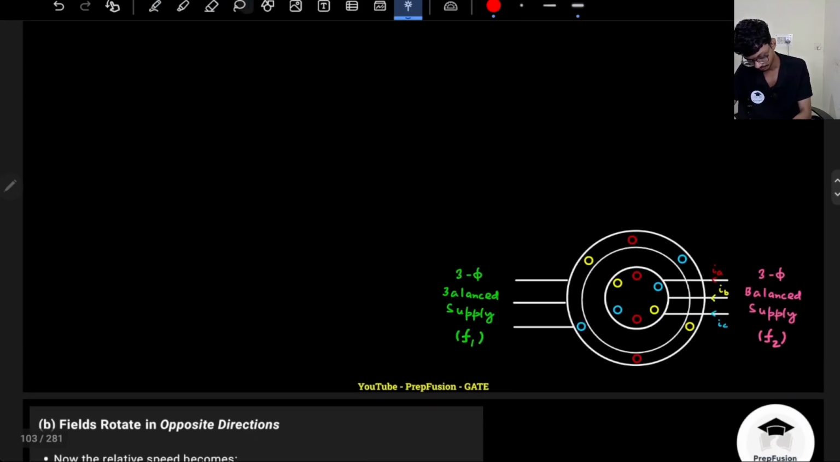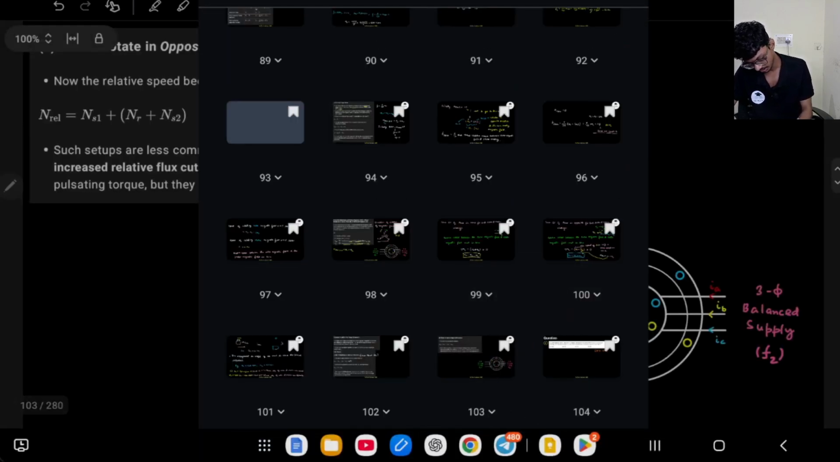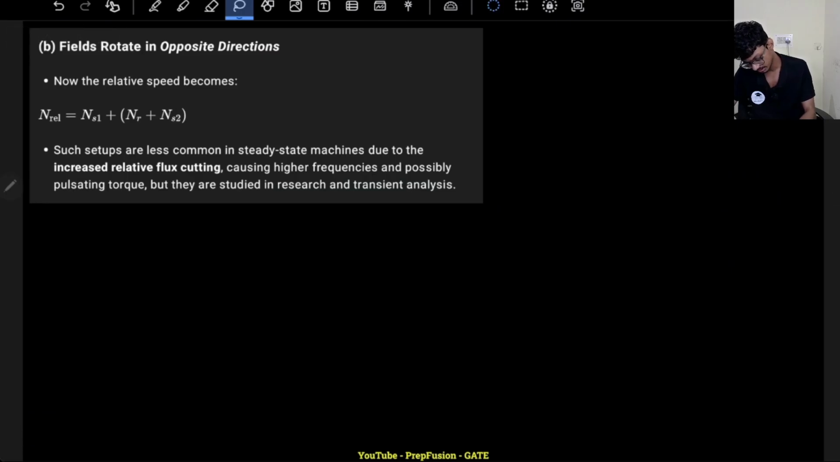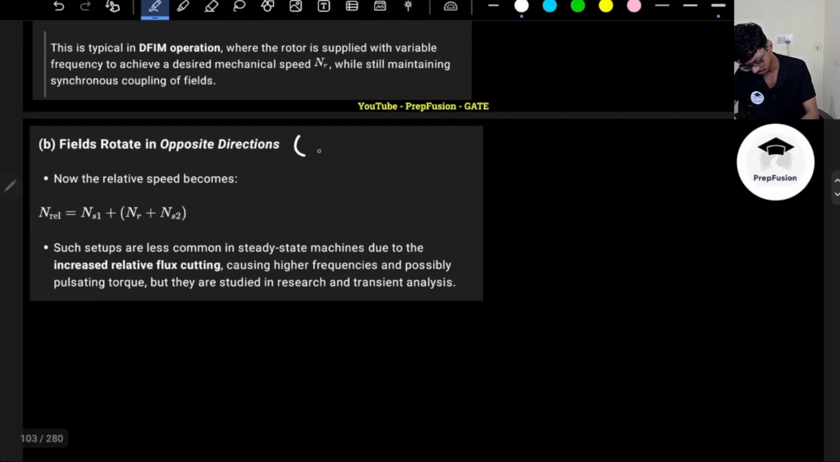Okay, and for case 2, if the fields rotate in the opposite direction, that is different phase sequence, opposite phase sequence,